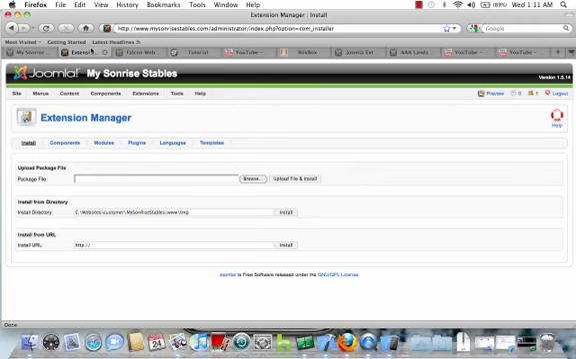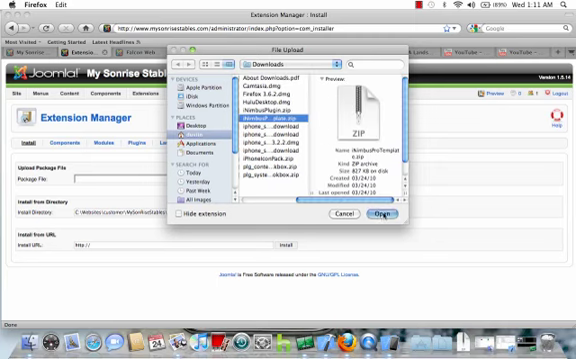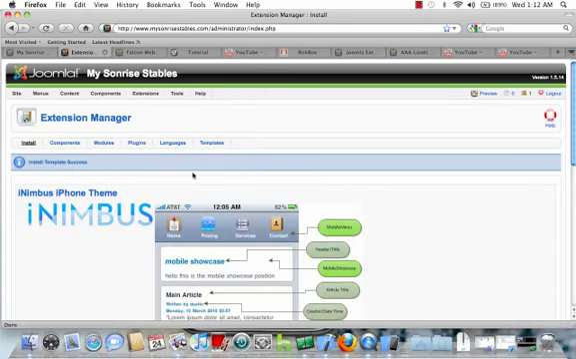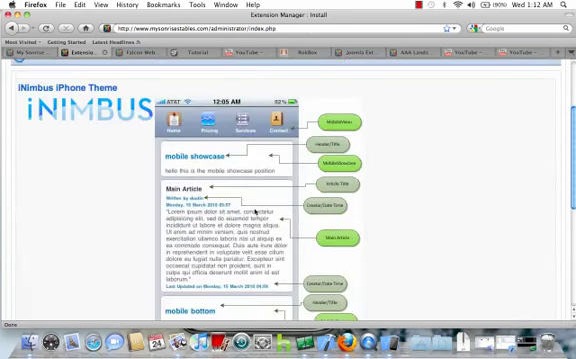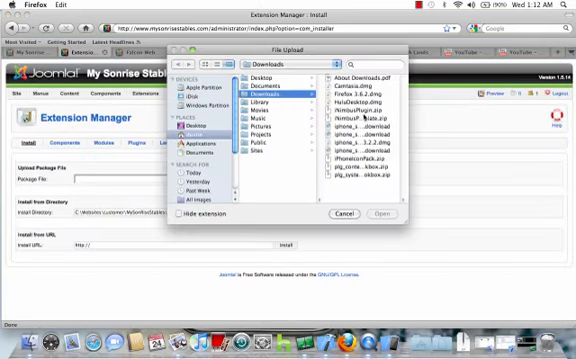So now that we're here on the administrator page, go to install. We're going to browse for our packages, and first thing I want to do is I'm going to upload the Pro template, and it worked successfully, installed just fine. Then I'm going to upload the plugin,